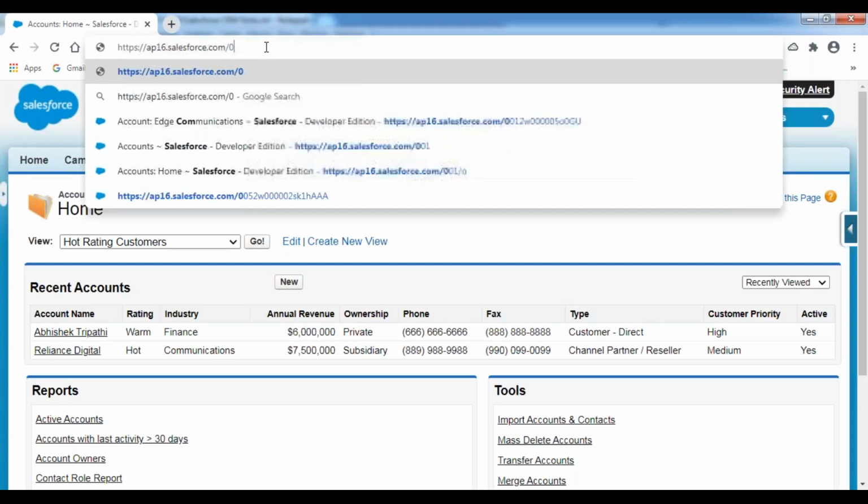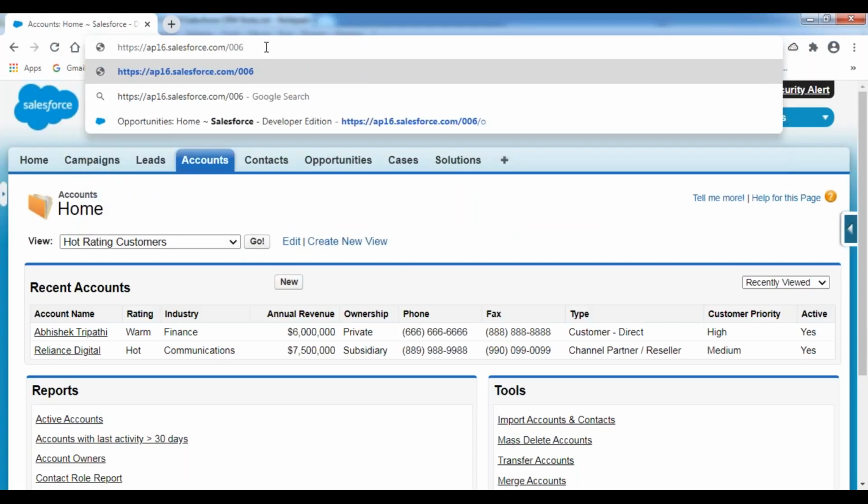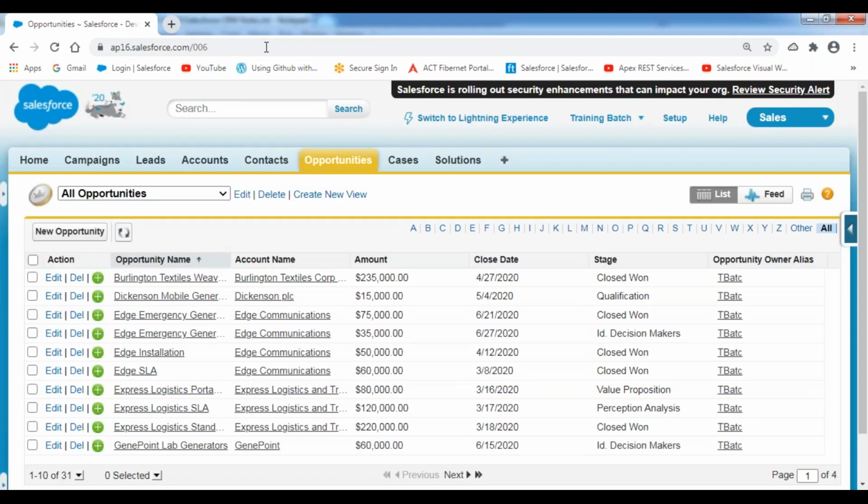In this case, we can simply use the tab control, go to the address bar, and then specify the object ID. What is the object ID of opportunity? 006. Then press enter. Directly we can jump into the opportunity object. Now, for example, I want to go to the campaign object. How can we go to that?